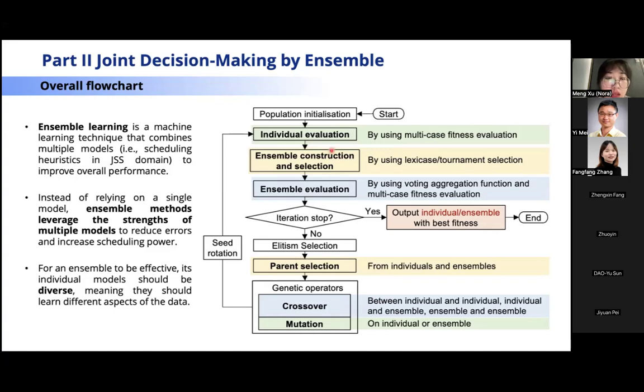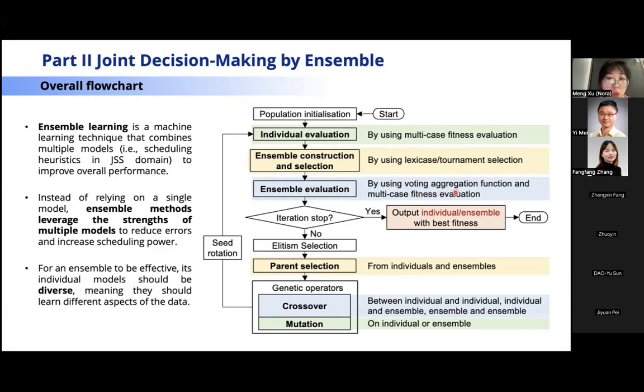After the evaluation of these individuals, we do the ensemble construction and selection. This process will select individuals to construct some ensembles. And then we also do the ensemble evaluation. For the ensemble evaluation, we use the voting aggregation function and also use the multi-case fitness evaluation that I